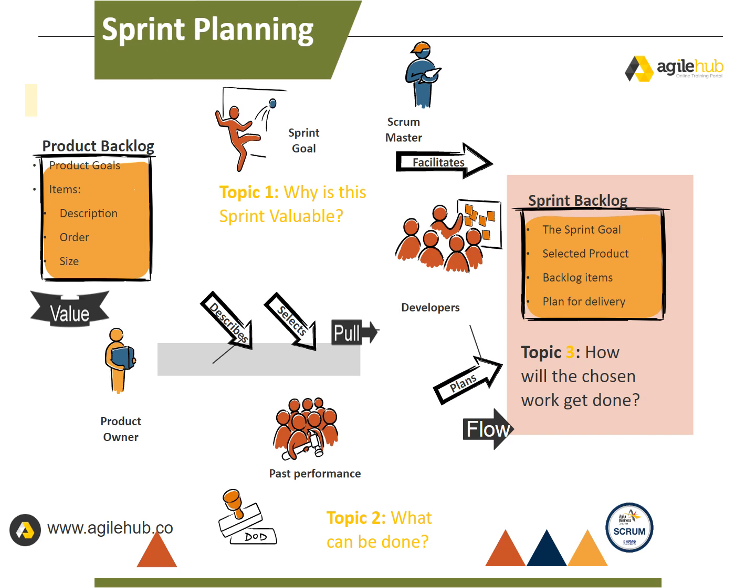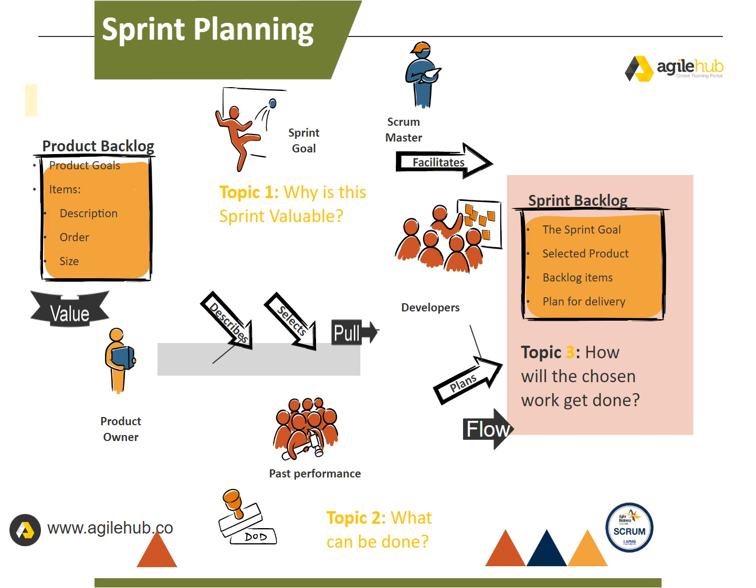Topic 2. What can be done in this sprint? Through discussion with the product owner, the developers select items from the product backlog to include in the current sprint. The Scrum team may refine these items during this process, which increases understanding and confidence. Selecting how much can be completed within a sprint may be challenging. However, the more the developers know about their past performance, their upcoming capacity, and their definition of done, the more confident they will be in their sprint forecasts.